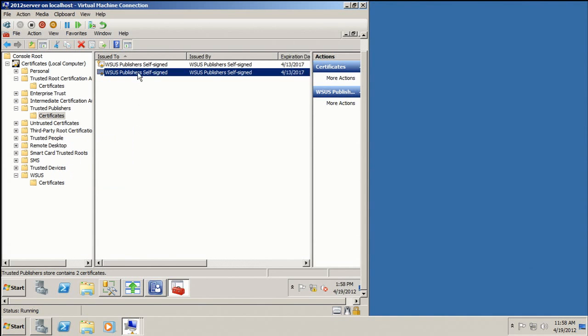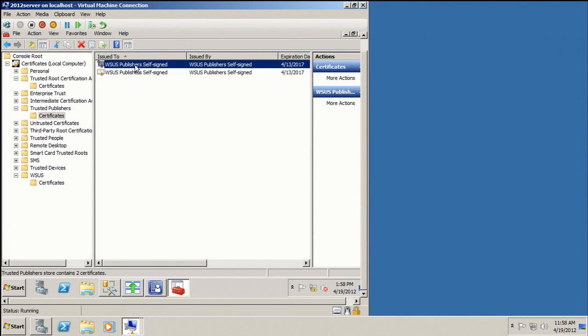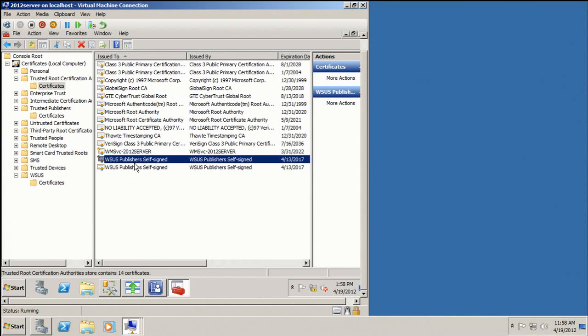It's actually in here twice because of a couple of configurations I've done, which I'll show you in a minute, but it's already in here. So it's already in here as well, twice. Okay? So I'll tell you why it's there twice in just a minute. But it's really easy. So once you get done with that, you're finished with the creation of the certs on